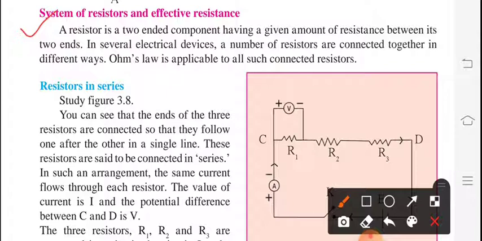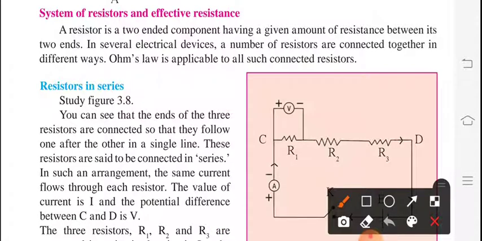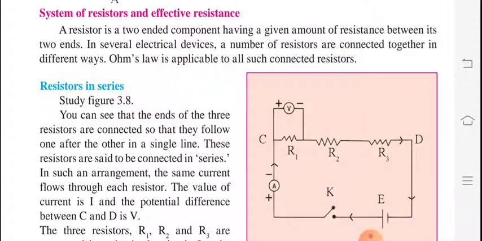In this, a resistor is a two-ended component having a given amount of resistance between its two ends. In several electrical devices, a number of resistors are connected together in different ways. Ohm's law is applicable to all such connected resistors. The meaning of this statement is, if